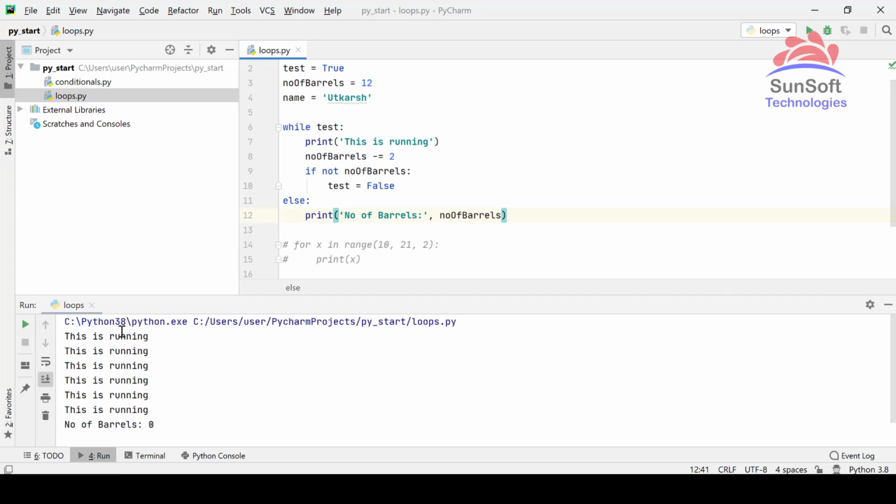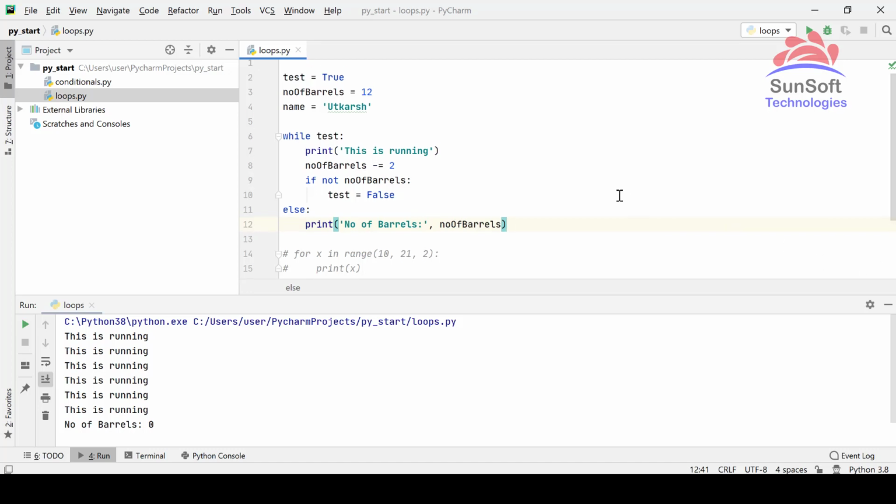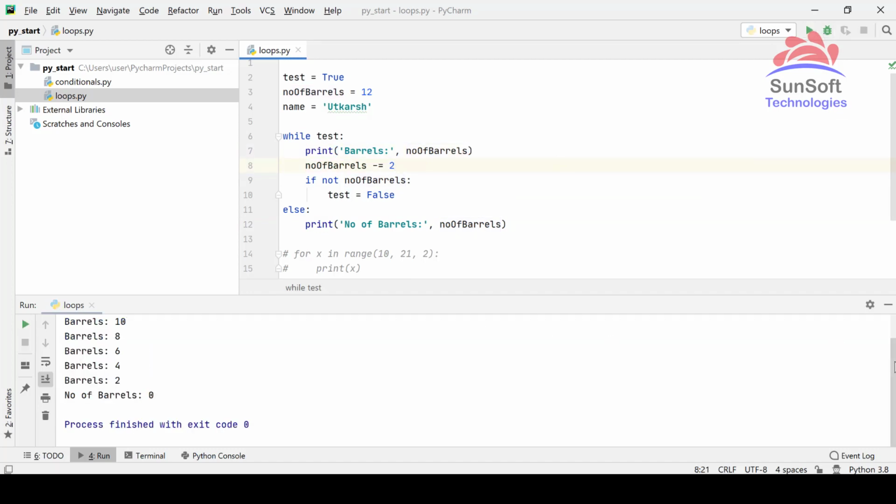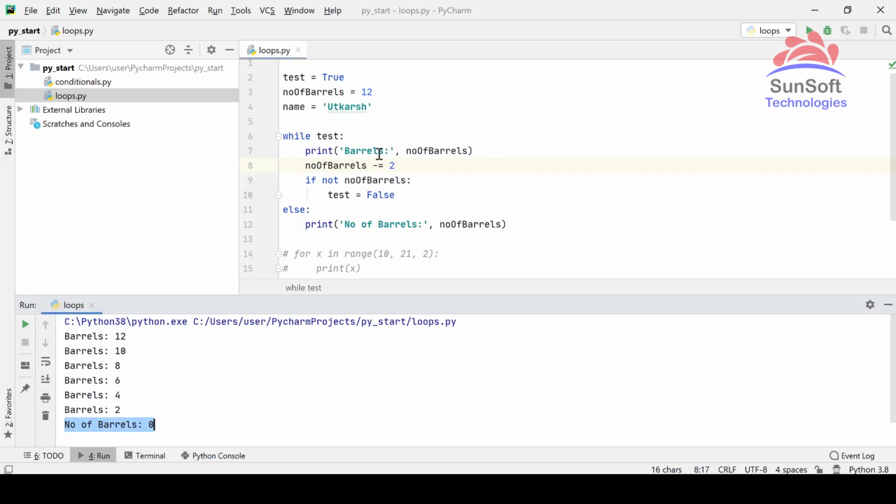So you see what happened is it printed out this is running, and then it printed out number of barrels 0. So what do I want to do? Let me just print number of barrels over here, right? So we see how it is progressing. First the barrels were 12, then 10, 8, 6, 4, 2, and then after that this is else.